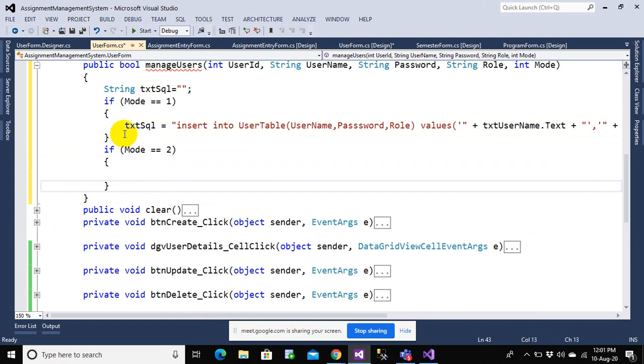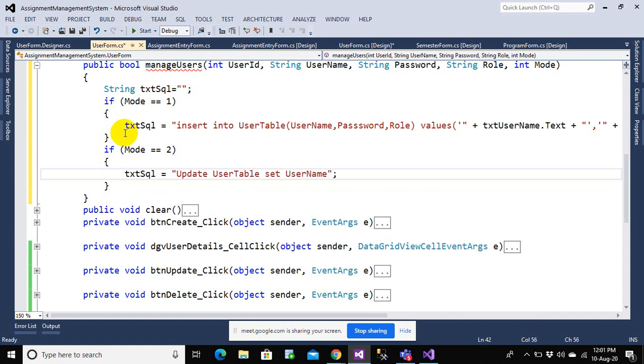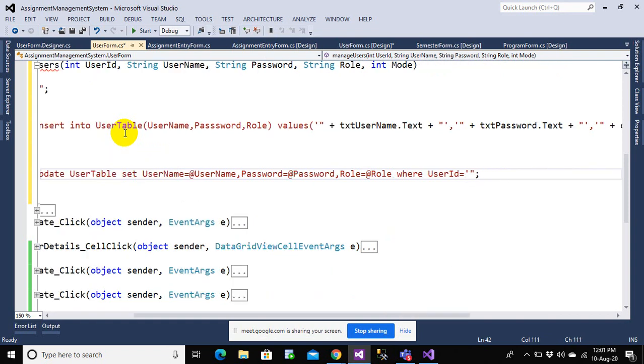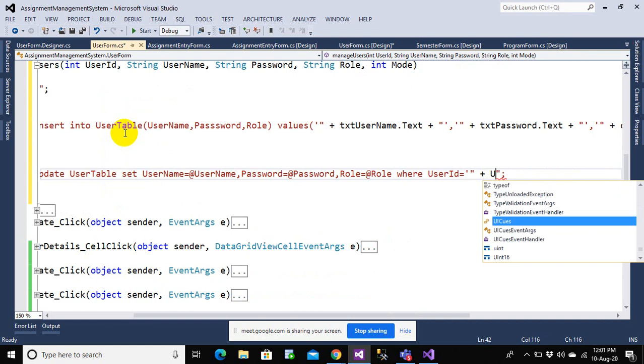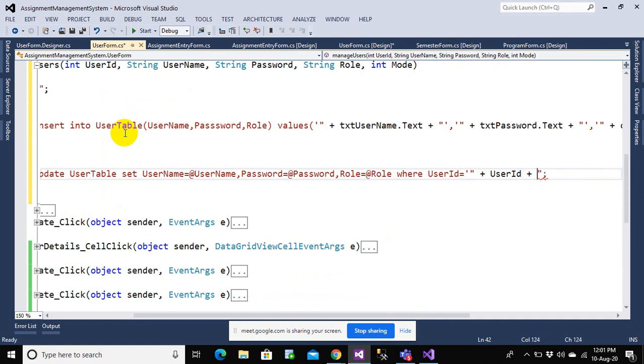So I can write txtSQL equals update user table, set username equals the username, password equals the password, role equals the role, where user ID should be equal to the user ID. I'm repeating the query, nothing new here. I'm just repeating my query.